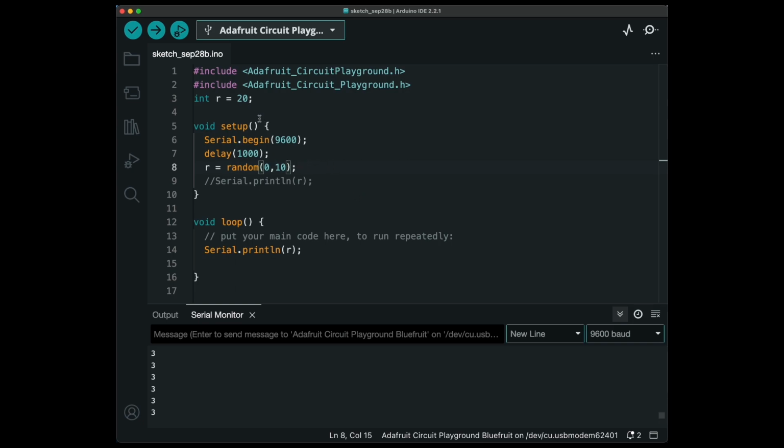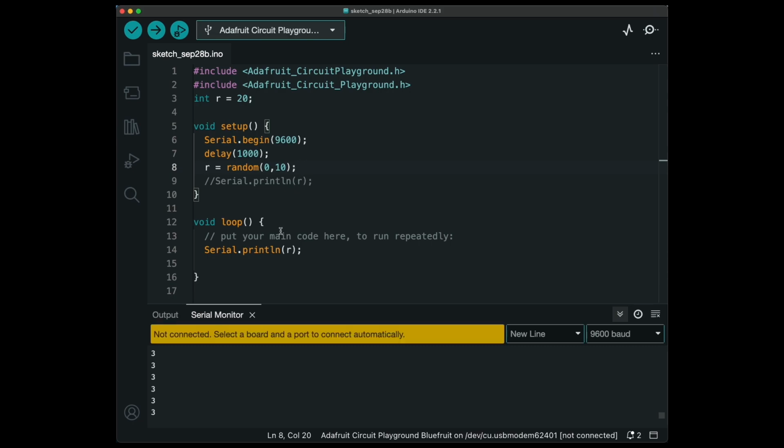And so if I have code like this, I've got int r initialized to 20 just for clarity. And then in my setup, I'm resetting r to this random number, 0 to 10. And then in my loop, I'm printing it. And I'm getting 3. Now this value shouldn't ever change because I'm only doing the randomization initially, like if I wanted to get a random LED number when I start up, and then keep that consistent. Now when I hit the reset button though,